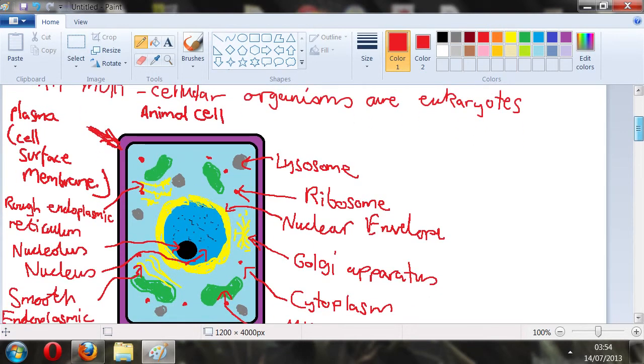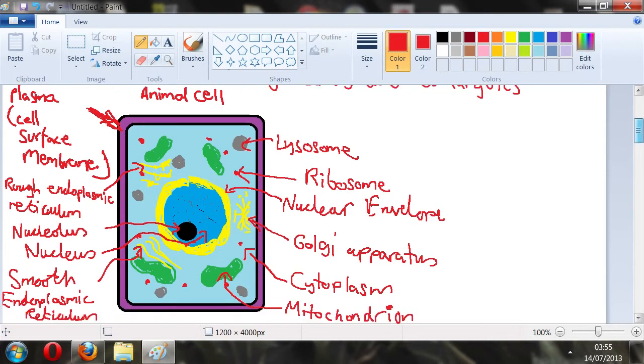Now we have the cell membrane, the rough and the smooth endoplasmic reticulum. I don't want to pluralize that though. Could do. The nucleus, the nucleolus there, inside the nuclear envelope. These ribosomes here, lysosomes, mitochondrion, and all